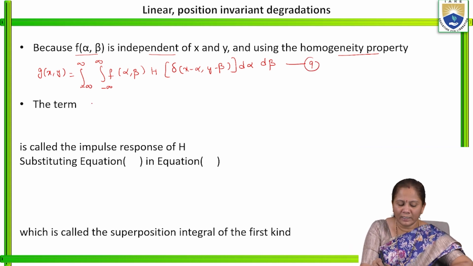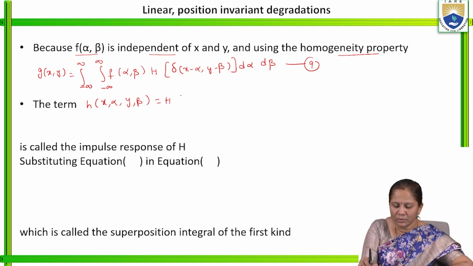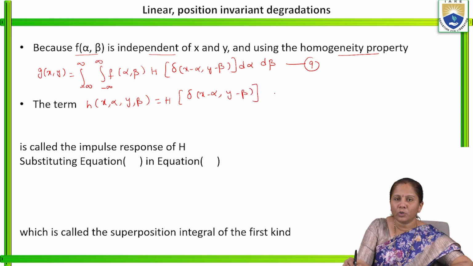Let us consider the term h of x comma alpha comma y comma beta is equal to h of del x minus alpha comma y minus beta. Consider this equation number 10. Now, by considering 9 and 10,